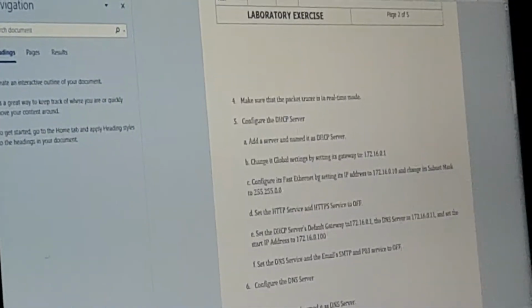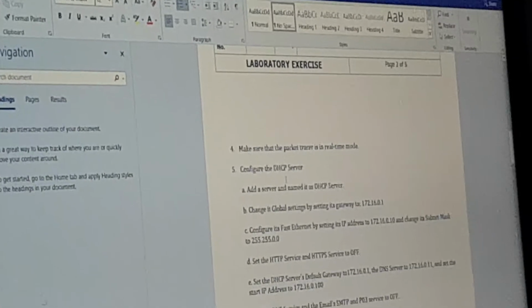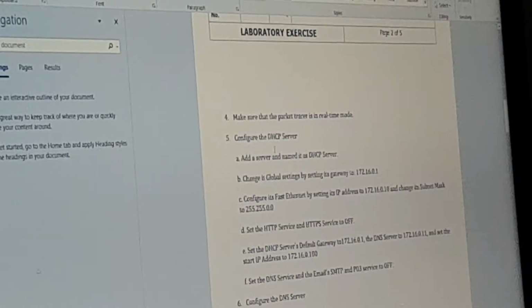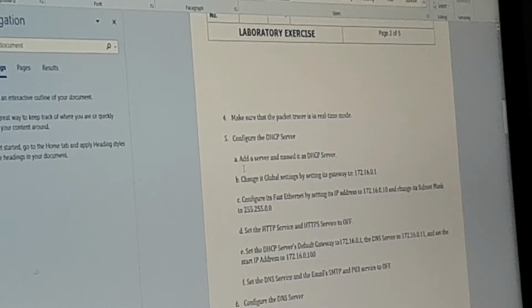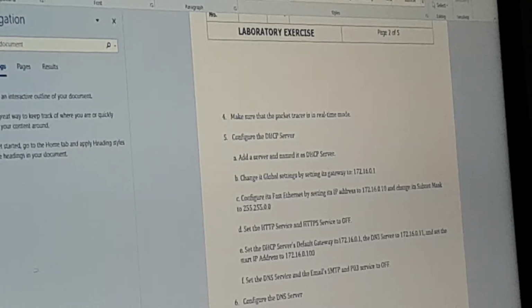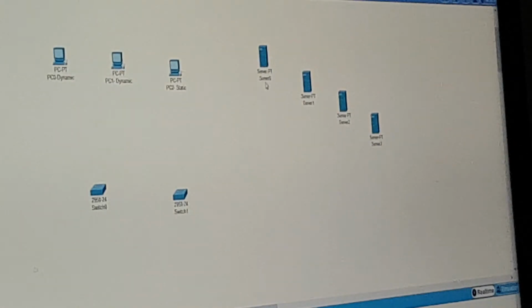So next, configure the DHCP server. Add a server and name it DHCP server. So we need to put the name here: DHCP server.